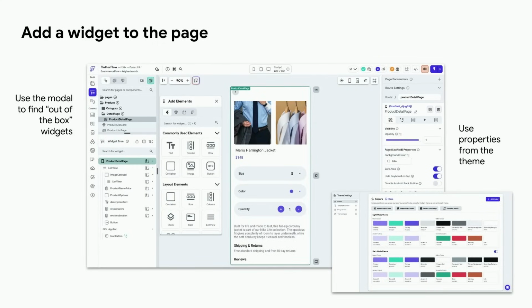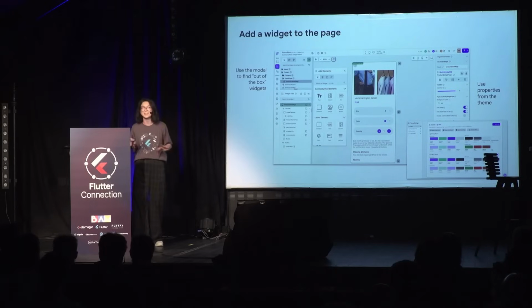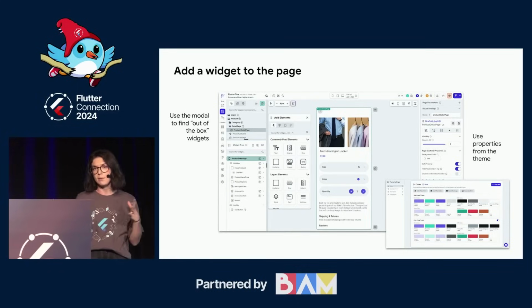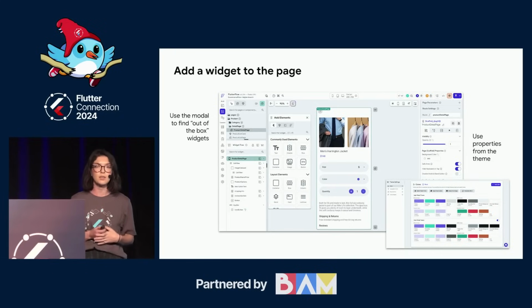Now I can go ahead and add different widgets to the widget tree of the page. You can see this modal that's opened up over here. And this is where you see those built-in widgets that I was talking about before. Layout widgets, atomic widgets like form elements, buttons, text, all that kind of good stuff. And I've already set up a design system here. As you can see, there's a light mode and dark mode, which I didn't really change because I was in a rush. But those are all my text styles and my color styles. And those can be used in the properties of the individual widgets, either on my page level or in the individual widgets on the widget tree.